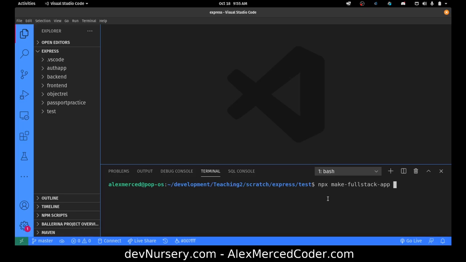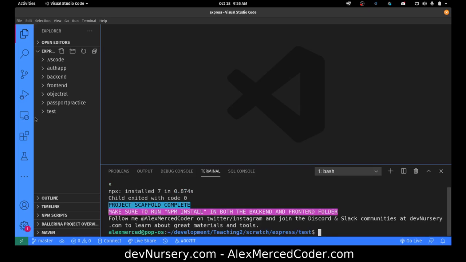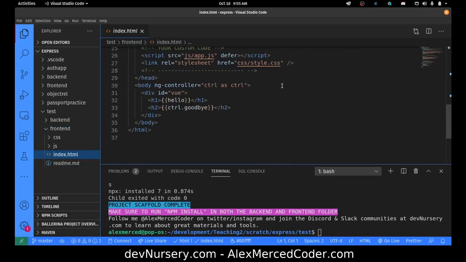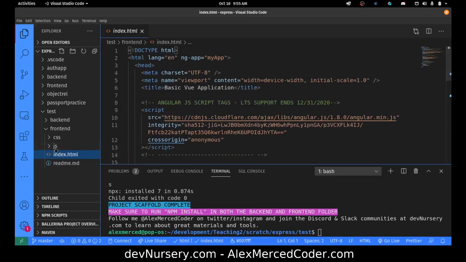Let's say I wanted to create an Apollo application, so that's Apollo GraphQL, and I want to create it with an AngularJS front end. Okay, there it is. Let's see what I got. Here's the AngularJS front end. This is using a script tag, so basic, really old school